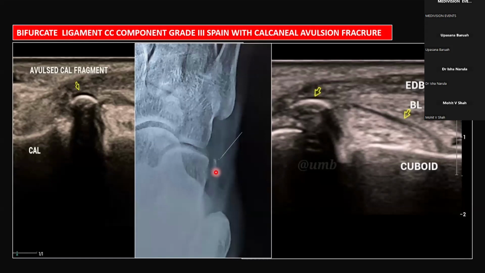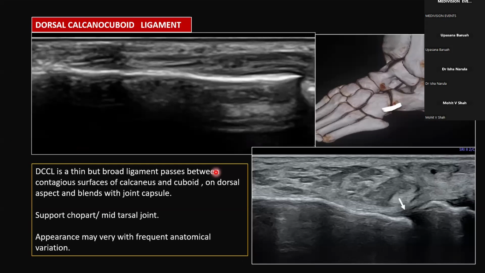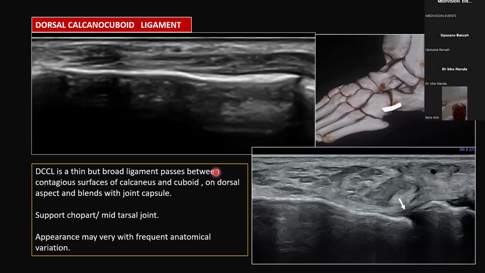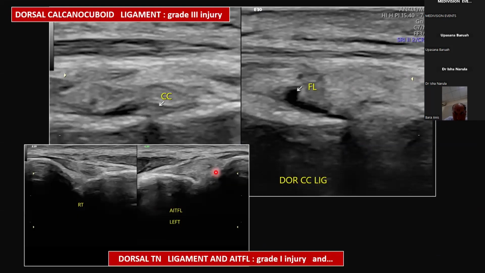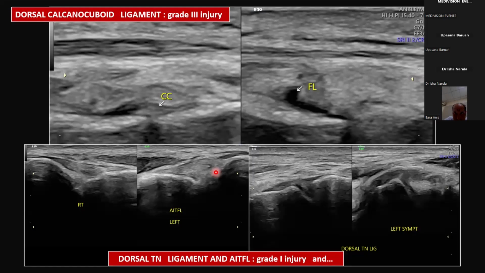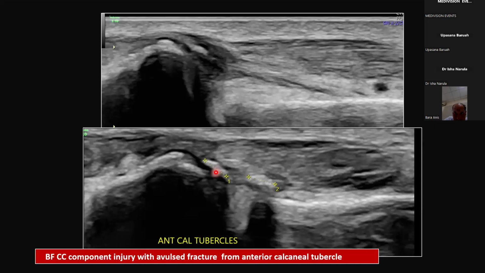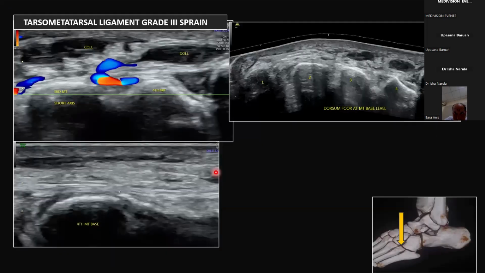After that, we will go to the dorsal calcaneocuboid ligament, a little below. And in fact, these ligaments are said to be all in continuity with the bifurcate ligament. And in this case, we can have one complete tear of the ligament here. And there is also associated talonavicular ligament and AITFL grade 1 injury, and also bifurcate ligament injury. So it is always important to look into the adjacent ligament whenever we find some ligament injury, as I said. If you notice, there is a loss of orientation of the fourth metatarsal here, and we can see the